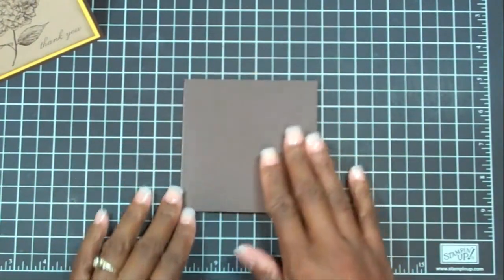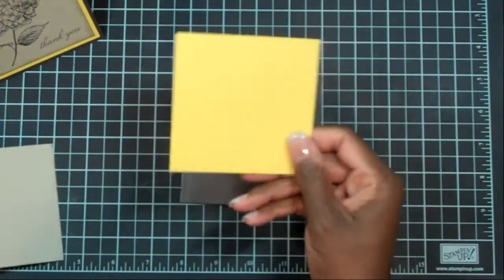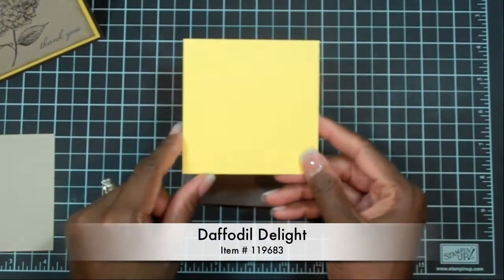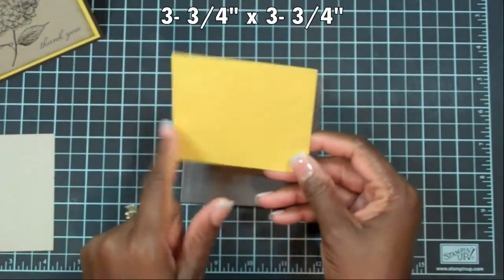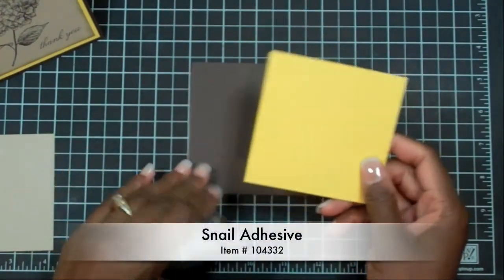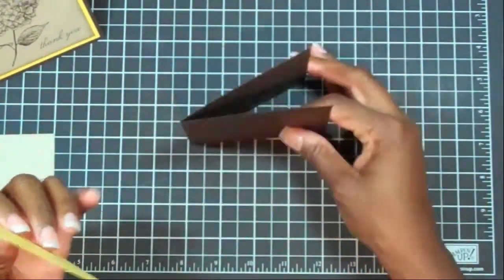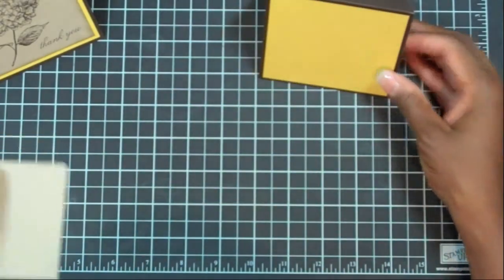All right, the first layer of the card is going to be our Daffodil Delight cardstock, and this is also another one of the colors. And this piece measures 3 3/4 by 3 3/4. And I'm just going to adhere it using my Snail adhesive. Now the second layer of my card